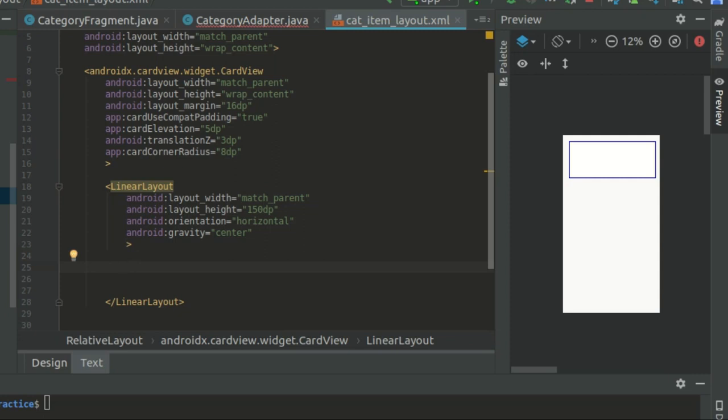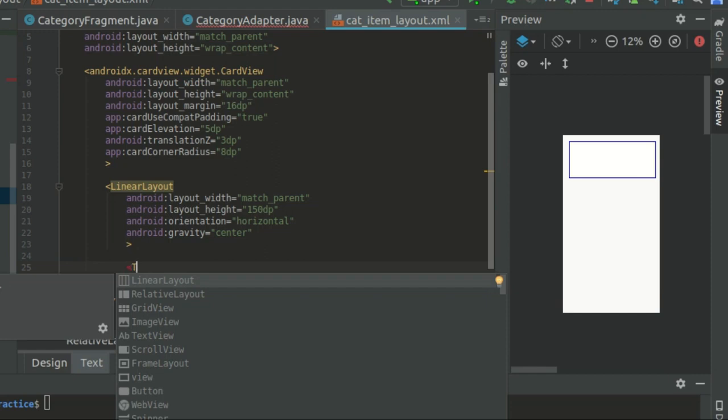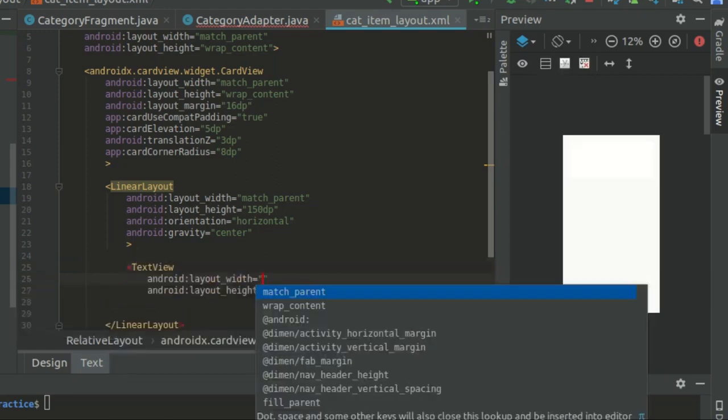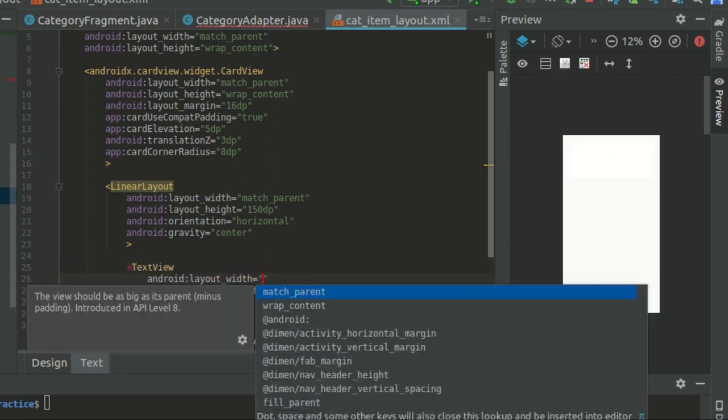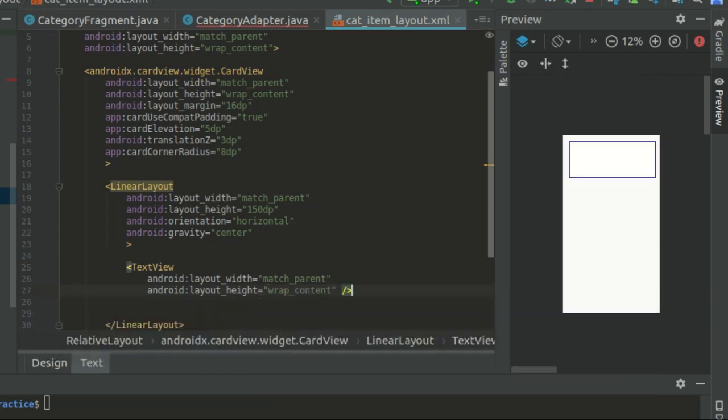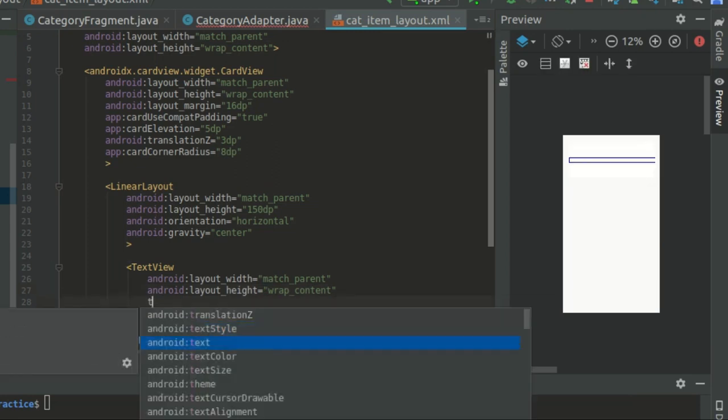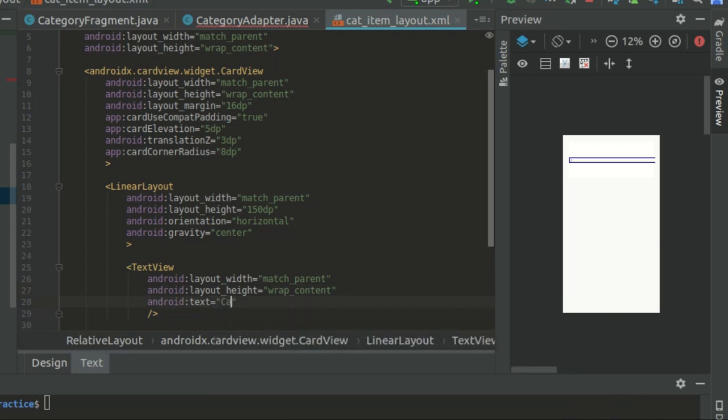So we need two items here. One is a category name and other is a number of tests. Okay, so let's create two TextViews here, match parent, wrap content, and then create a text. Let's name it Category Name,